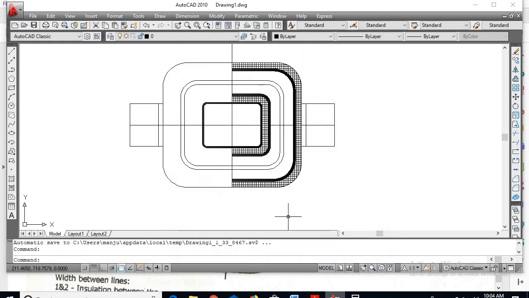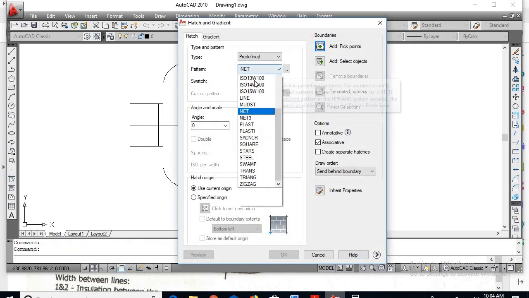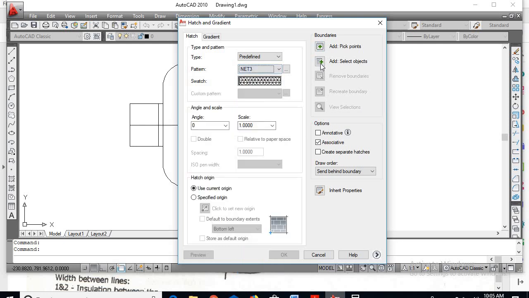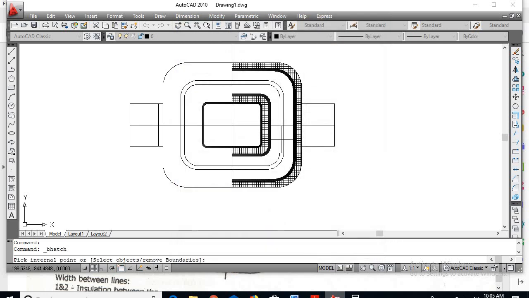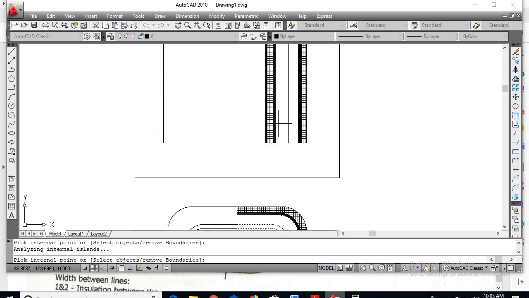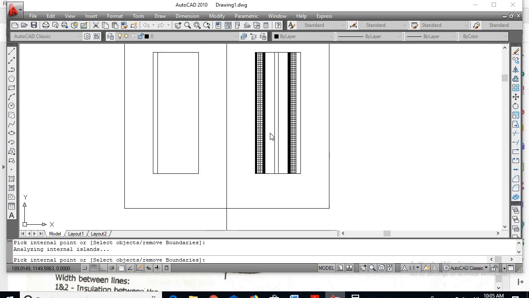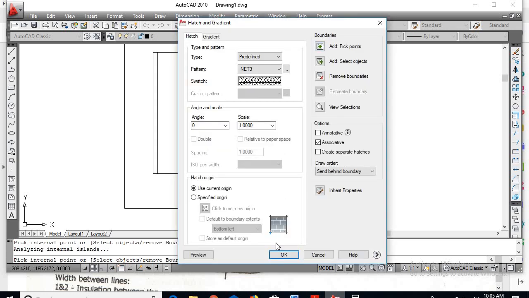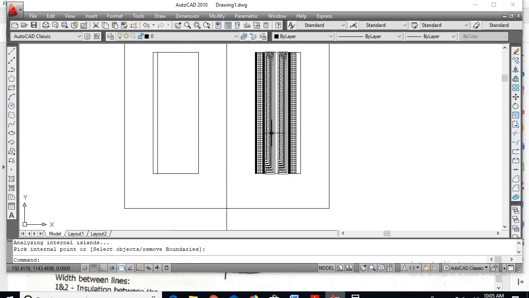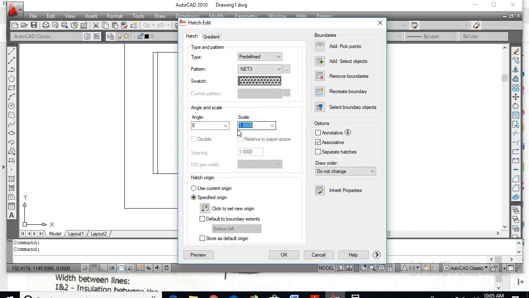Enter, say OK. Next, hatch command. Consider net 3. Go for add pick point. This is the HV coil. Say OK. Double click, increase the scale as 50.